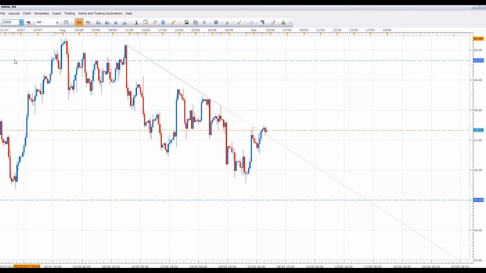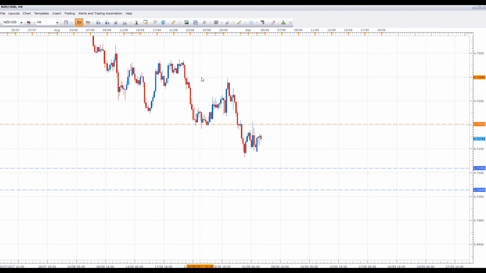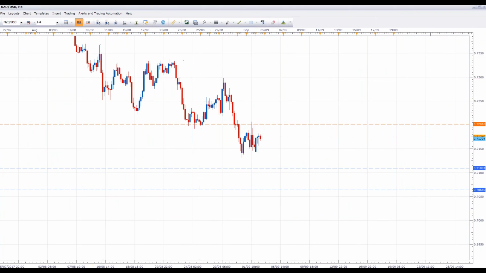Now if we go and have a look at the New Zealand US dollar first. Now the New Zealand US dollar, we're prepared to play both ways because, as you can see, it is very, very weak, the New Zealand, and although we are expecting potentially further declines in the US dollar, the US dollar index could break to the upside as well. So we have to trade this on its own merit, and what we're seeing here is a corrective pattern to the downside.